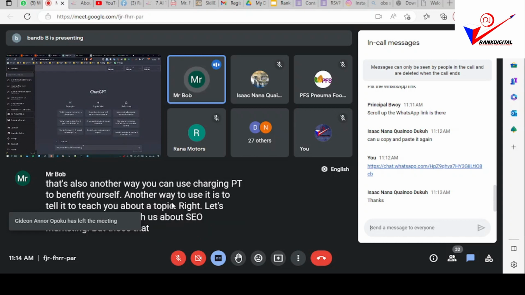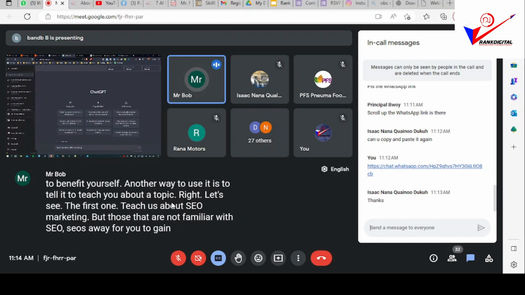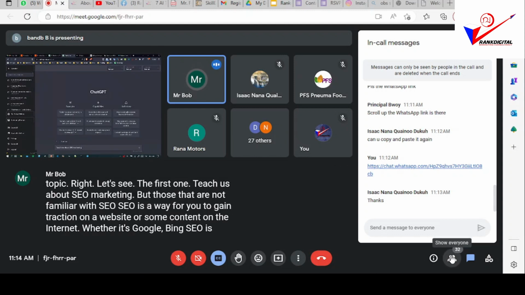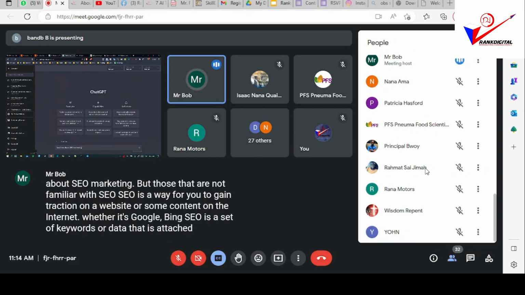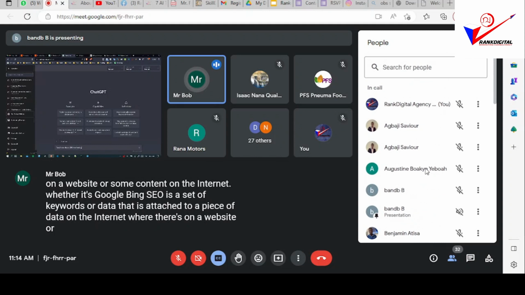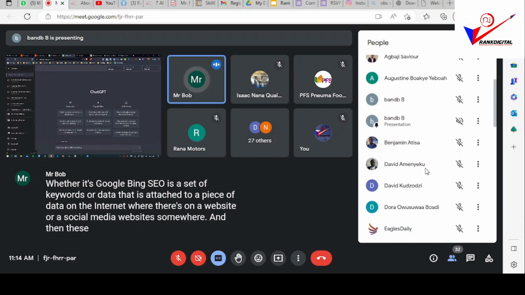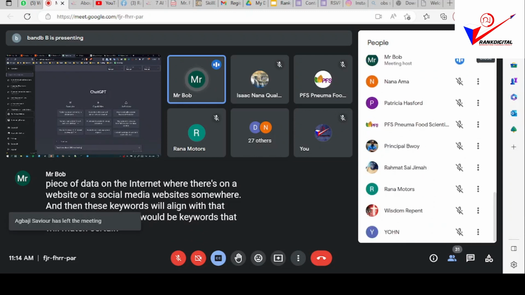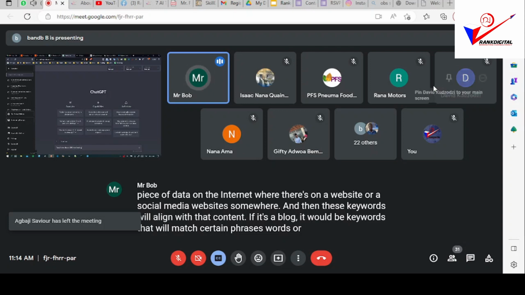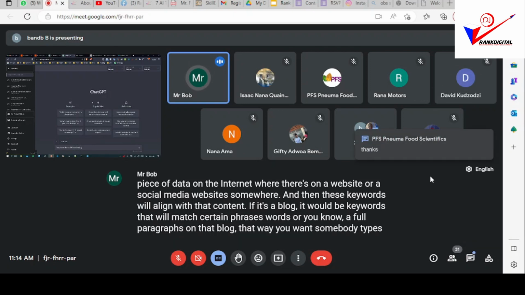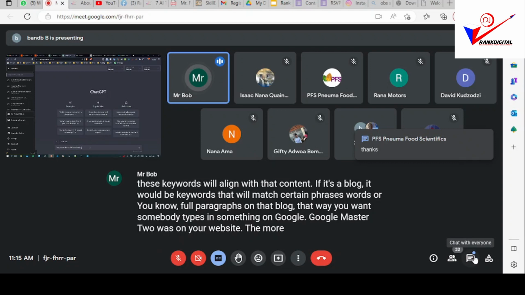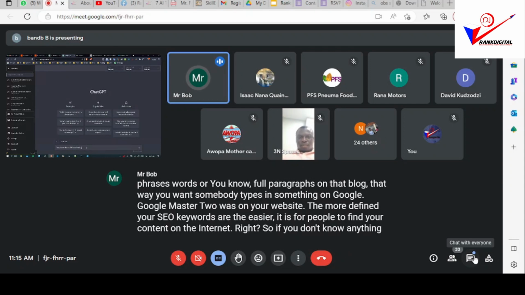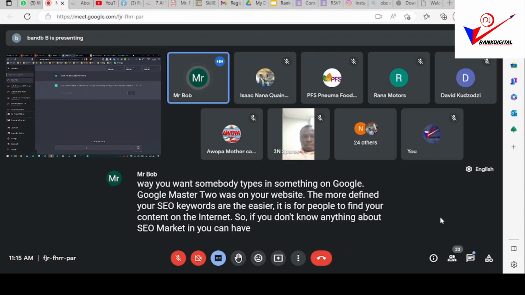For those that are not familiar with SEO, SEO is a way for you to gain traction on a website or some content on the internet, whether it's Google, Bing. SEO is a set of keywords or data that is attached to a piece of data on the internet, whether it's on a website or a social media website somewhere. And then these keywords will align with that content. If it's a blog, it'll be keywords that will match certain phrases, words, or full paragraphs on that blog. That way, when somebody types in something on Google, Google will match it to what's on your website. The more defined your SEO keywords are, the easier it is for people to find your content on the internet, right? So if you don't know anything about SEO marketing, you can have ChatGPT teach that to you,